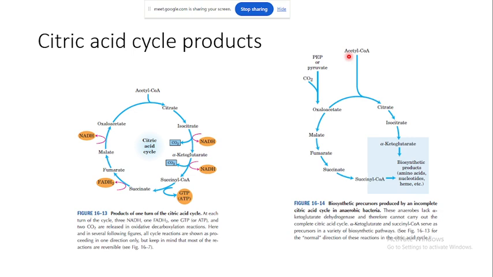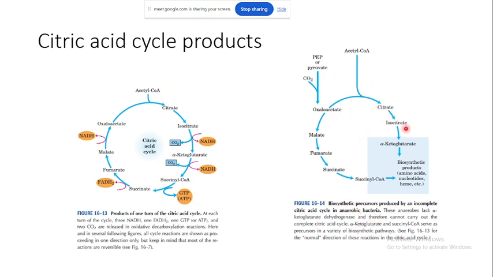So in this case, if there is no oxygen, then those electrons released by NADH cannot be accepted by any terminal electron acceptor. So that's why NADH or FADH2 cannot be oxidized, right? They will stay in the form of NADH or FADH2 if there is no oxygen. So in that case, for example, you can see in an anaerobic bacteria, when there is no oxygen,